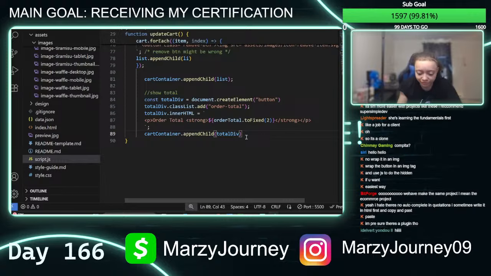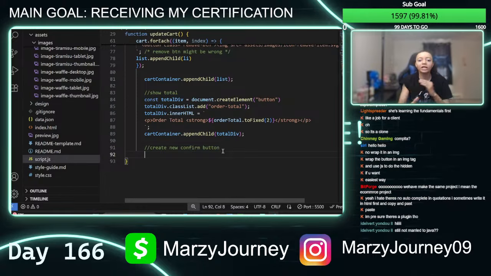So we've got to do total div. And then we need to make a note to create a new confirm button. The reason we need to do this is that when I first created this project, every time I would click enter, it would keep popping up a new confirm button. So I need to make it so you have the confirm button, but when you click, you're not continuously adding one. But I think we first need to even create it, because I don't think we have created it as of yet. Eventually we need to get to that point.